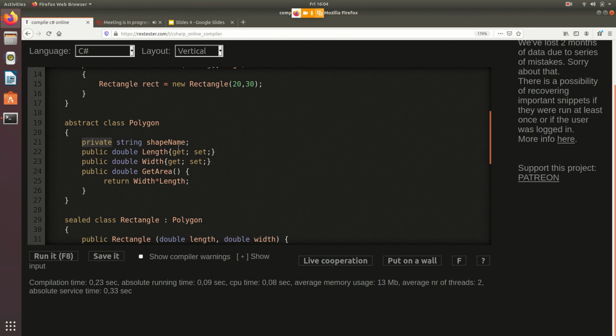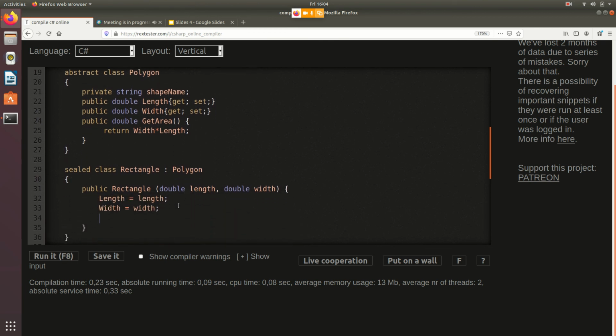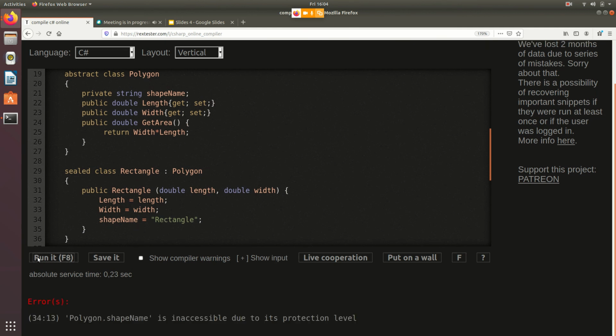Even though rectangles and squares inherit from polygon, because it is private in polygon, they would not be able to change it. And so this is why protected exists. Let me just show you this quickly. If I say this, hopefully it breaks, that would be ideal. They don't usually demonstrate it like this, but I think this might be a better way. So you see, I tried to set shape name here. It is a property, it's been inherited. But it says polygon.shapename is inaccessible due to its protection level. If I change this to public,